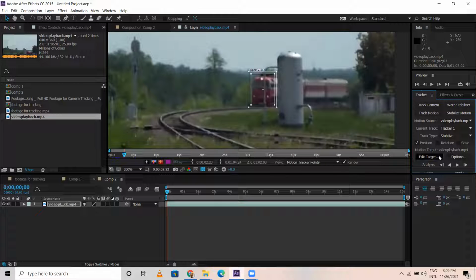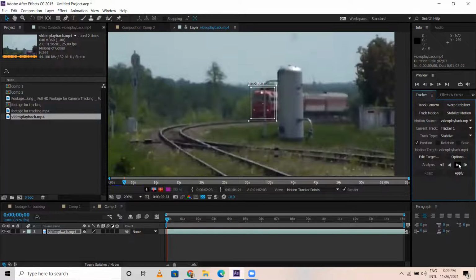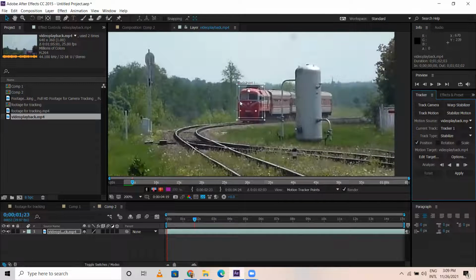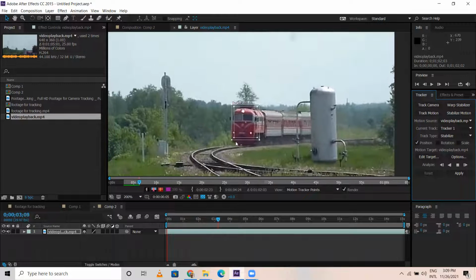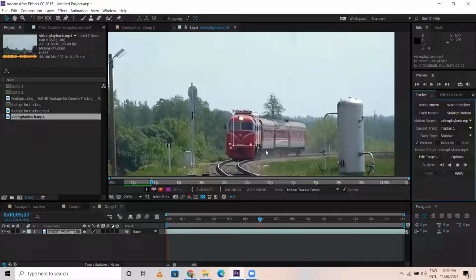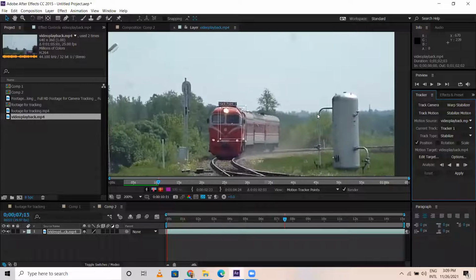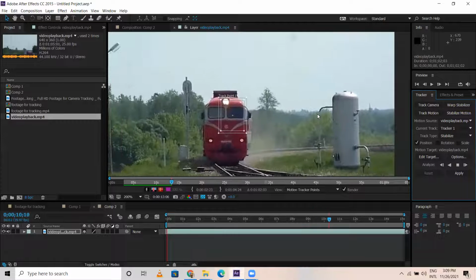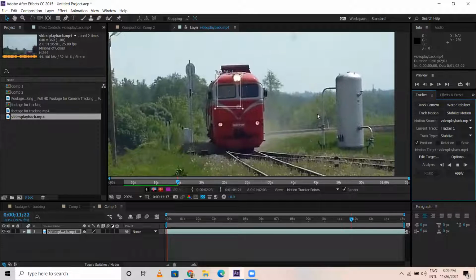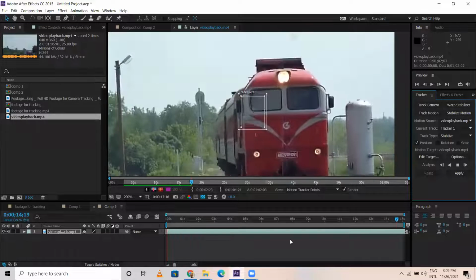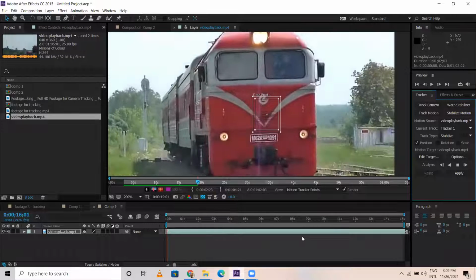Okay, then play, that is analyze. So what is happening? You just notice here, the track point is automatically capturing the front part of the train. Okay, the x-axis and y-axis. X is this one, y is this one. The x-axis and y-axis it is capturing. Okay, and we will have that particular data. Got it? So I'll show you how it works. After this capture, you will have the x-axis and y-axis values here. Okay, I think at the end there is a bit of jerk.